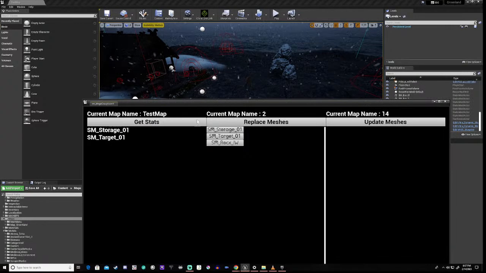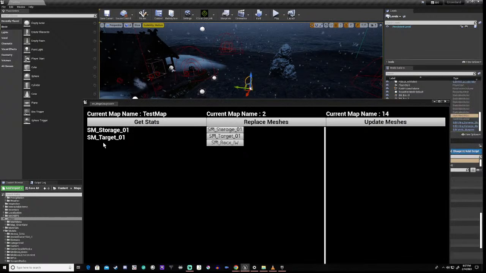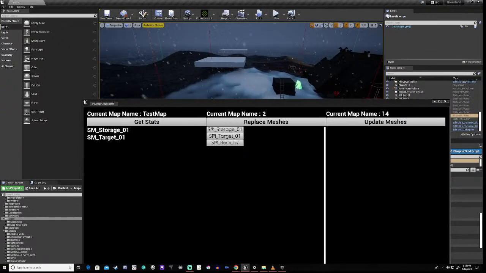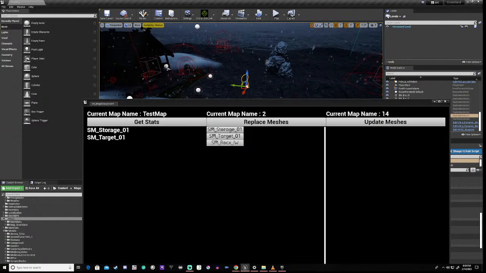Now those are probably, this is the storage one as well. See this? That's the storage, that's the target. Okay, and that's the two static meshes on this map that we don't have an instance for. Now what it's telling you, in this column, is we need to update these to an instance, but we don't have an instance version of the mesh.